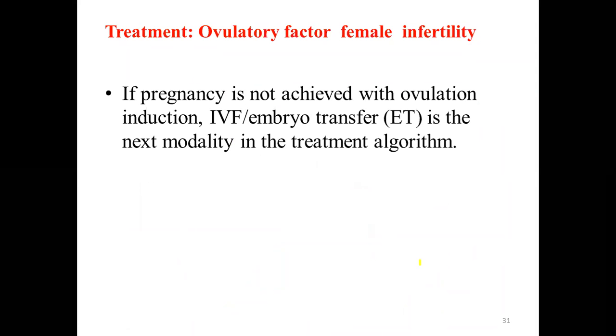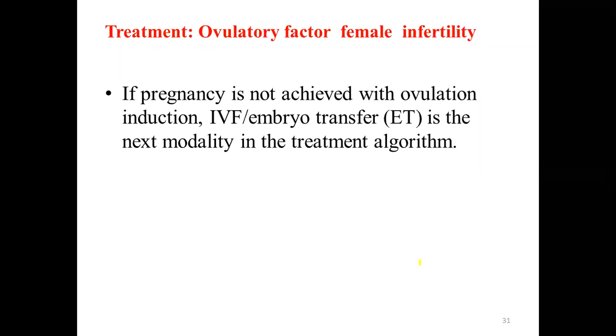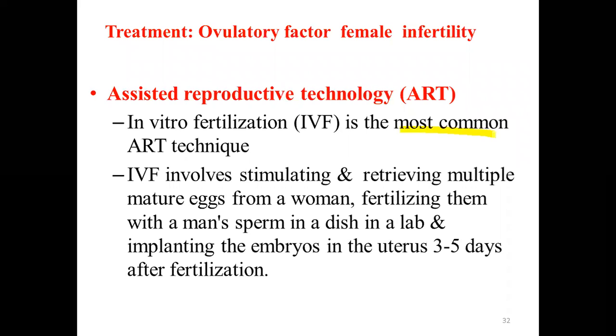So if pregnancy is not achieved with ovulation induction, with all the above methods, the next treatment modality is in vitro fertilization, followed by embryo transfer. So what does this assisted reproductive technology entail? This is the most common reproductive technology, and most of the time it involves